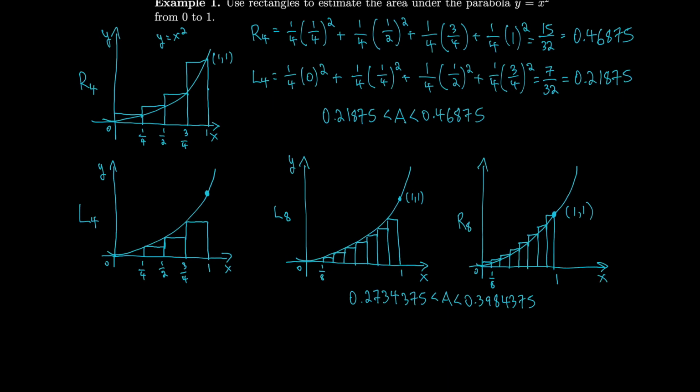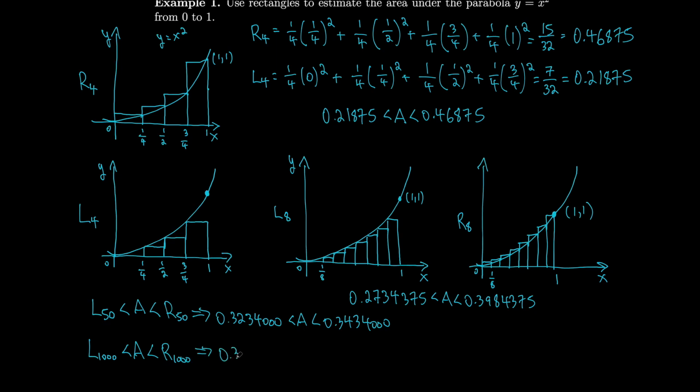If we were to do this again, let's say for 50 rectangles, we would get a lower estimate for 50, a left estimate for 50, and a right estimate for 50. And that would tell us, if we actually did the calculations, that the area has to be between 0.3234000 and 0.3434000. If we did it for 1,000 rectangles, which I'm definitely not going to draw,